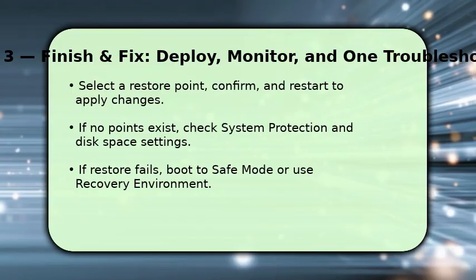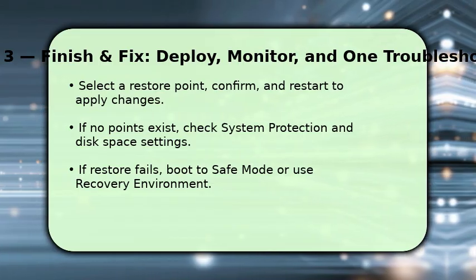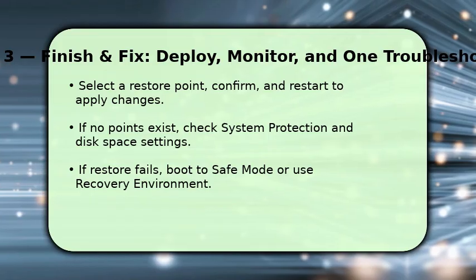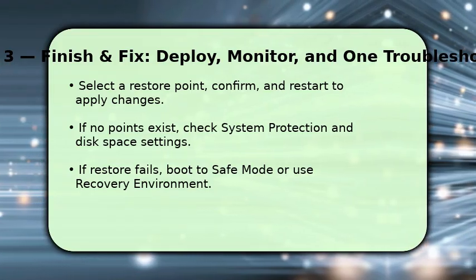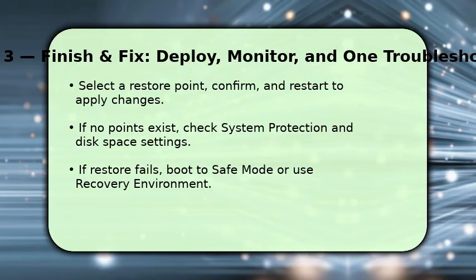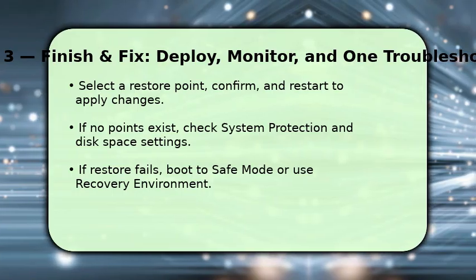Your PC will restart and apply the restore. Make sure to save work because the process reboots automatically. If no points are listed, return to System Protection and enable protection or increase disk space. That creates future points. If a restore fails, try Safe Mode or the Windows Recovery environment to run System Restore